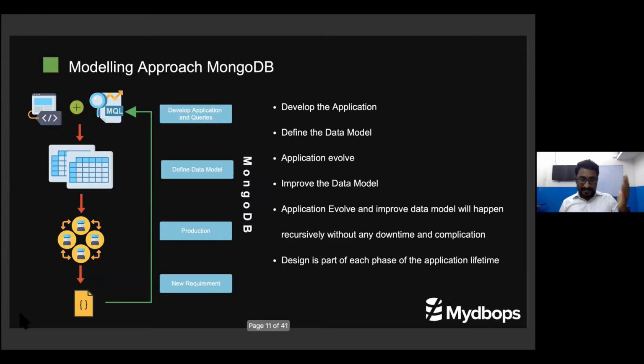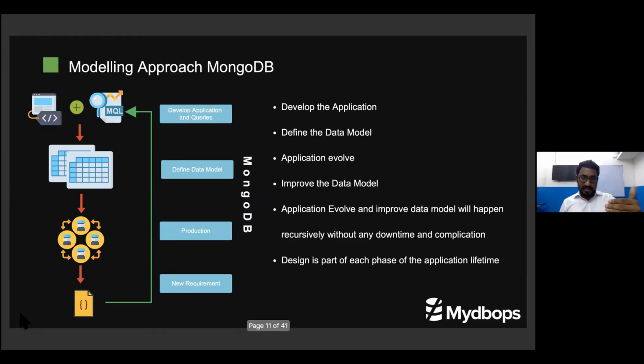I have an idea. I can go and write my application, and based on the application's architecture and everything, I can define my data model. So I don't have any limitation. My database is not dictating the structure I need to follow, or that I need to design my application queries and classes around. We don't have anything like that. I can write whatever access pattern I am comfortable with in my application, and I can define my data model.